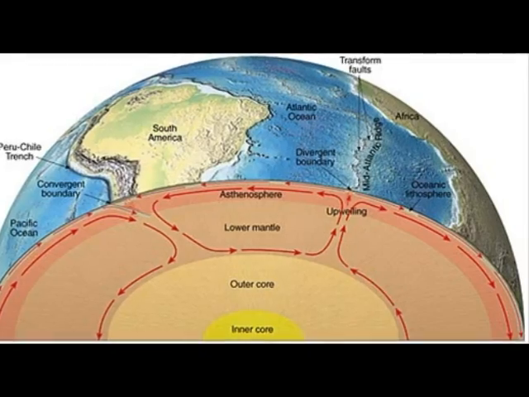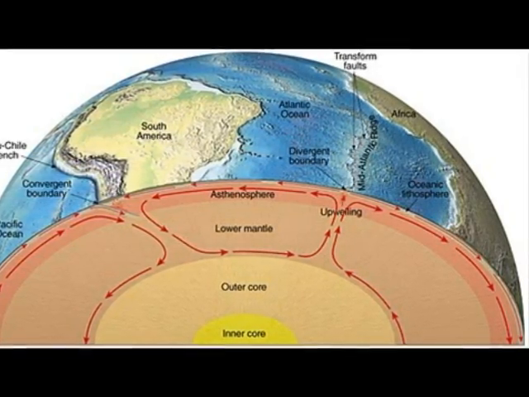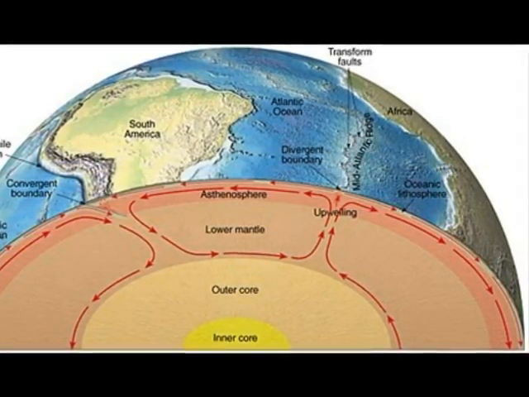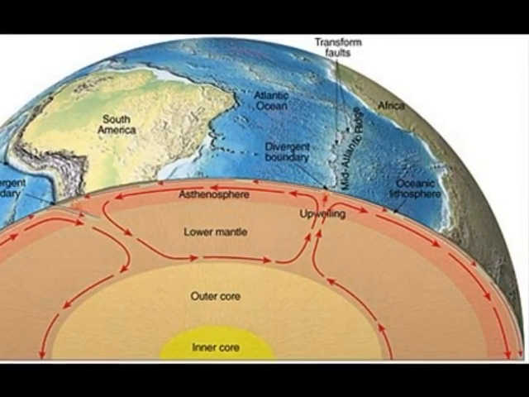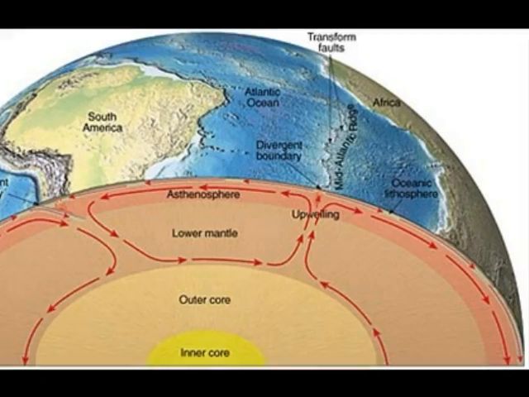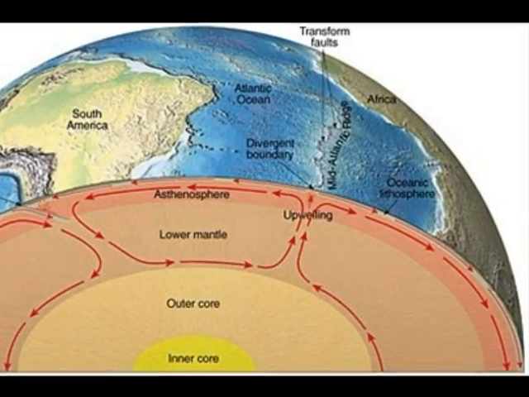Convection is also happening in the mantle. It works just the same. The core is like the heat source in the mantle. The rock elements are like the atoms. There are several convection currents happening at the same time, which occurs at plate boundaries because the convection current could be